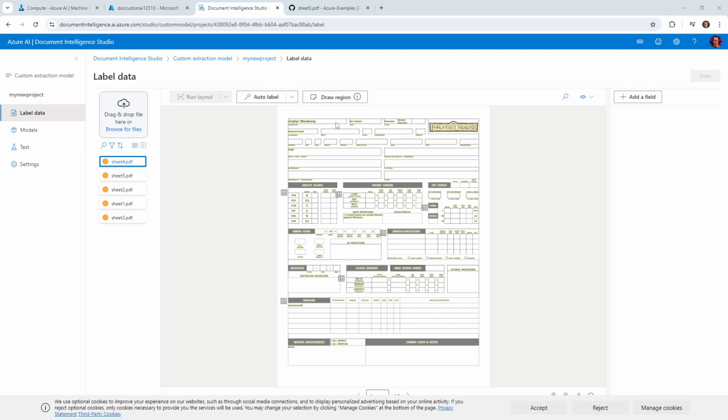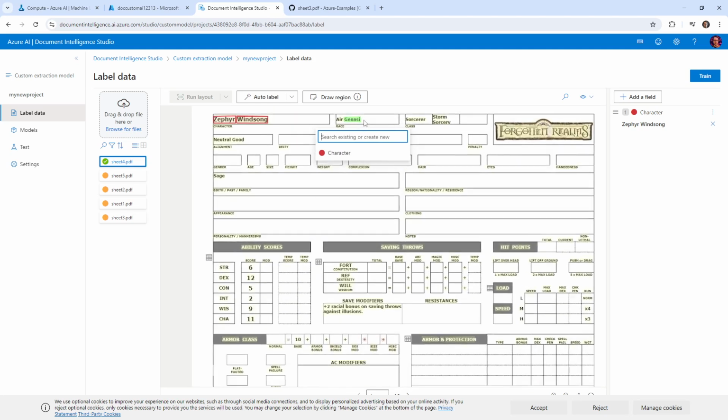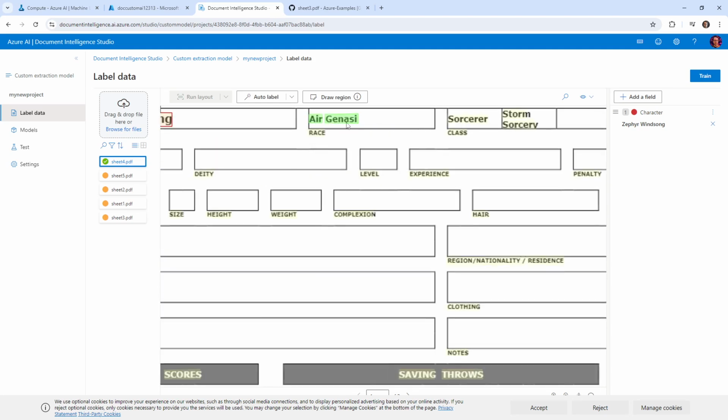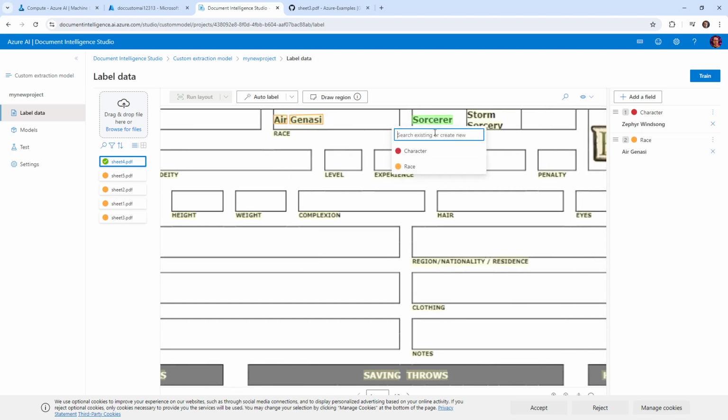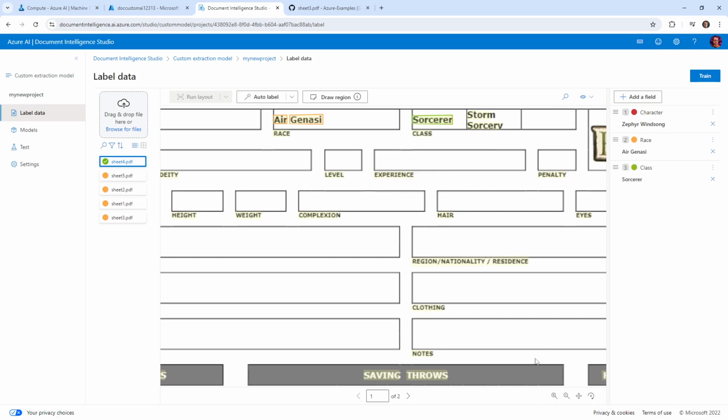Okay, and so now I imagine it's basically selected stuff. Okay, then we would just basically tell what field this is. So we just say character field. There we go. And zoom in here. So this one is race, field, class, field. So you're starting to get the idea here. And so I'm just gonna, hopefully I don't have to go through every single field here, but we'll go ahead